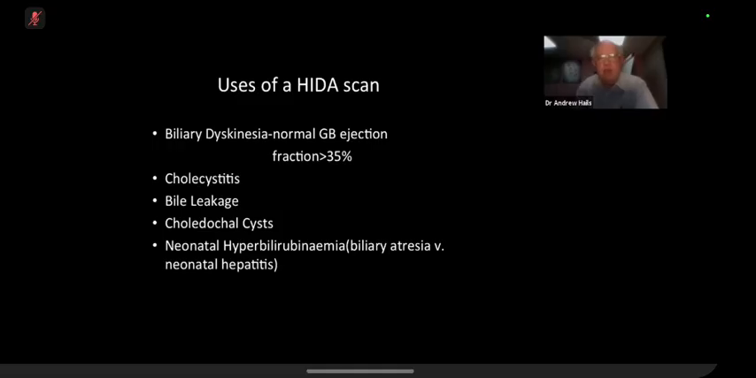So, I must say, what we seem to be asked to do HIDA scans for is biliary dyskinesia. Basically, the gallbladder, you can do a gallbladder ejection fraction after giving them collagen